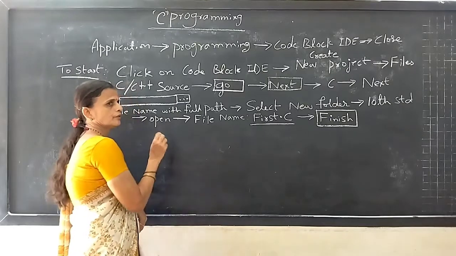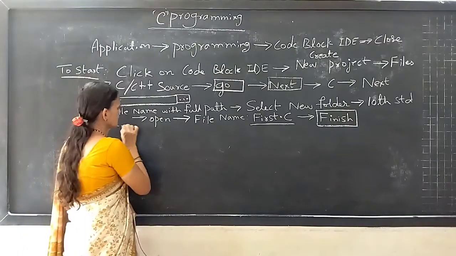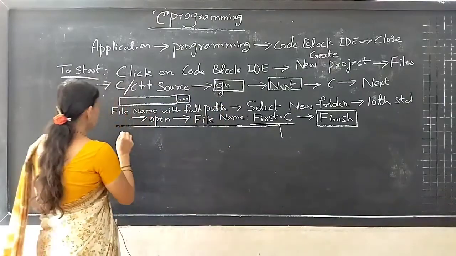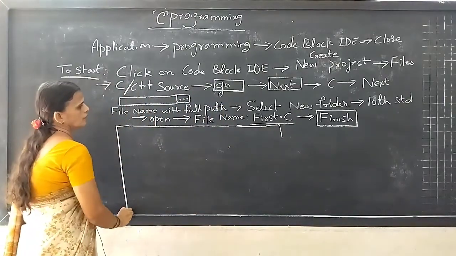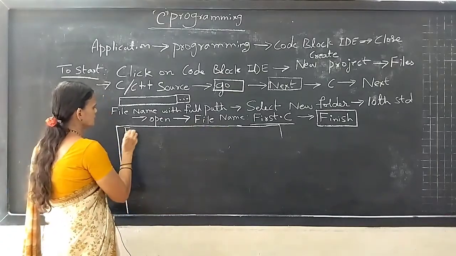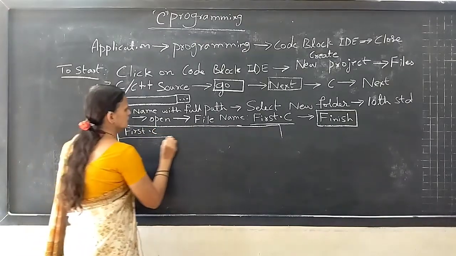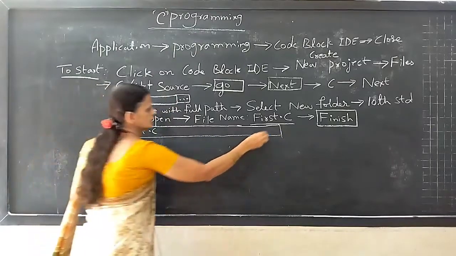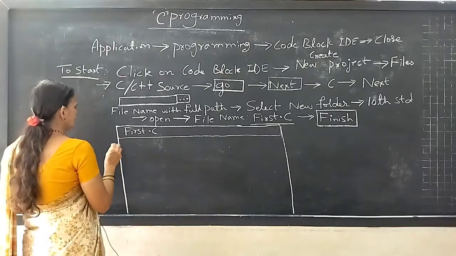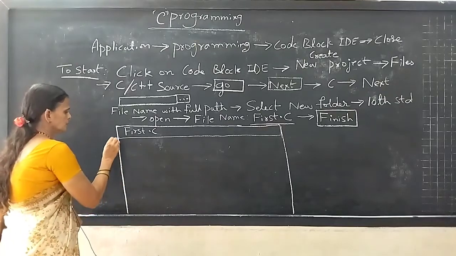These are the steps before writing a C program. You have to open your space or file to write. Okay, you will get an empty space for writing the program. So what is our file name? We have given here first.c and in this space provided you have to start writing the program, and each statement is going to be numbered.